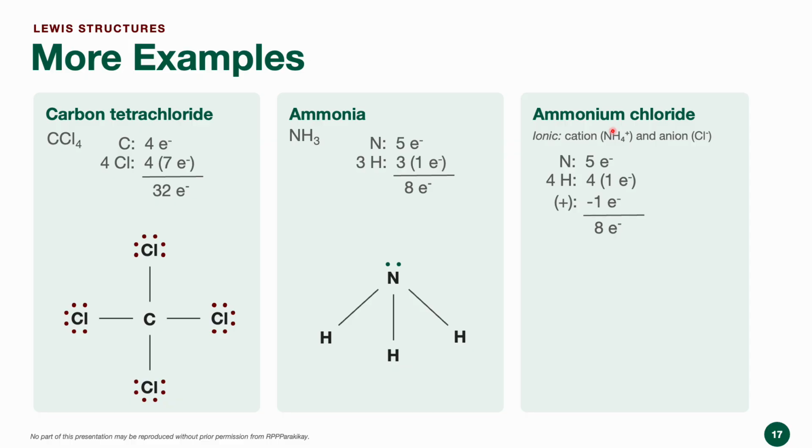So a total of 8 electrons, and to distribute that, you have 1 bond between nitrogen and each hydrogen, which is already 8 electrons. We will place it in a bracket with the total charge of the cation, +1. And then, let's draw the chloride anion. Let's just show Cl- with 4 lone pairs. So this is the Lewis structure for ammonium chloride.